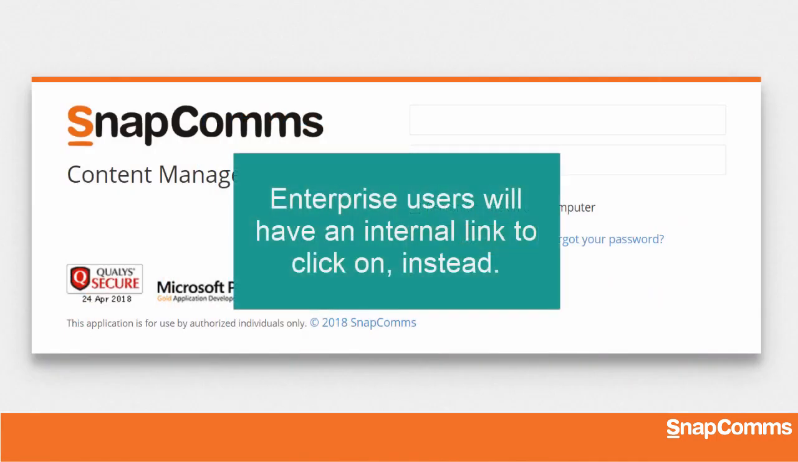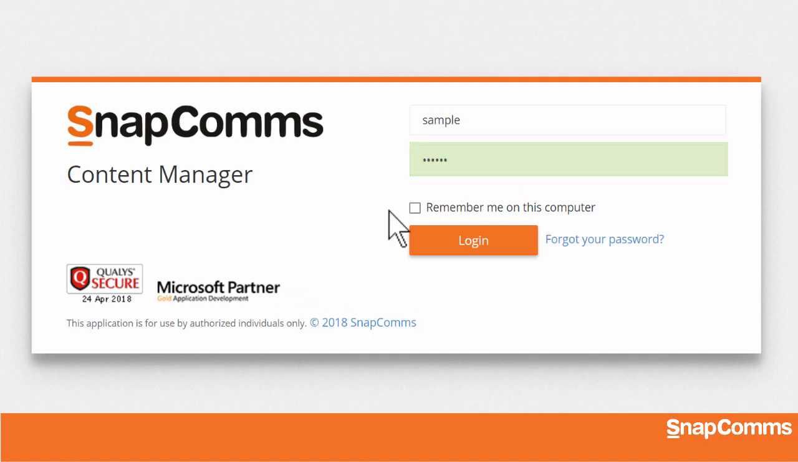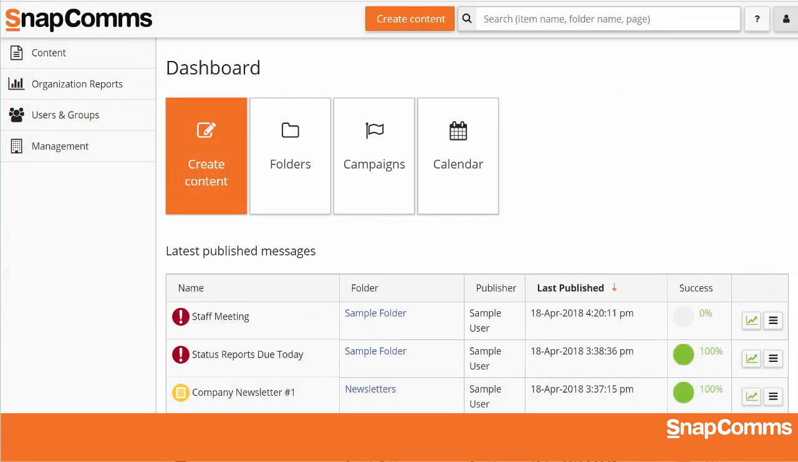If your company uses our enterprise solution, you'll have an internal link to click on instead. Now, enter your username and password. You can check Remember Me and log in automatically next time. If you share your computer, please uncheck this box. And then click Login. By default, you'll see the dashboard, including a list of any messages you or your colleagues